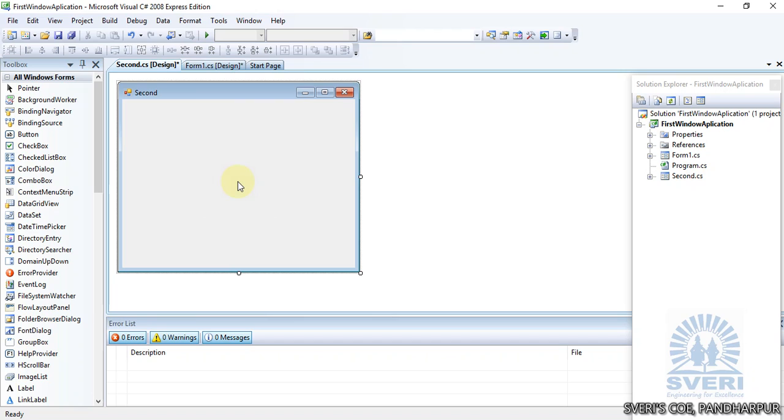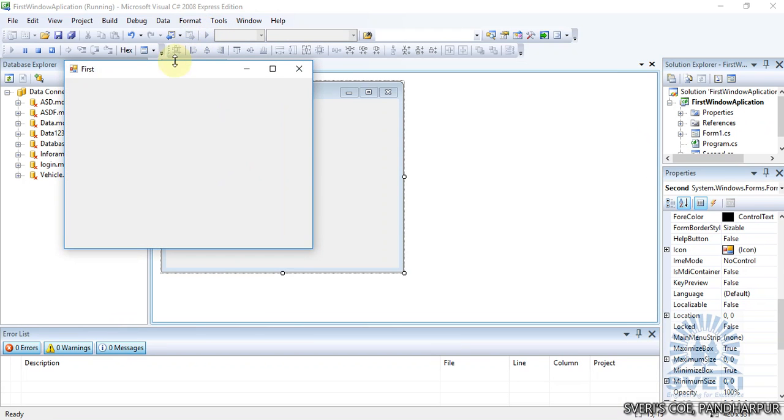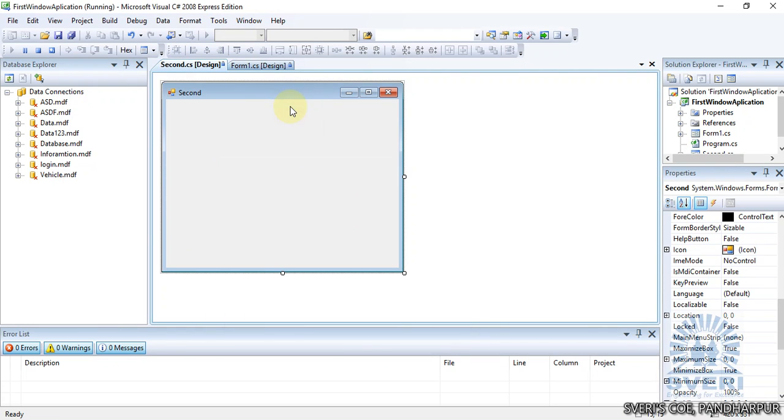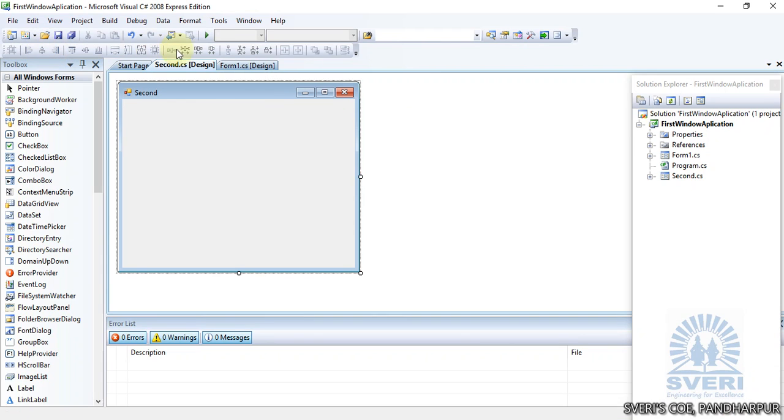Now it depends which form you want to execute first. Means if I run my application, it will show you the first form. Suppose you want your second form to be shown whenever you execute your project, so that you see the second form as the first form, just go to